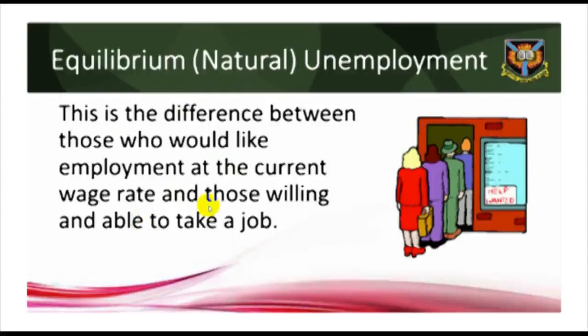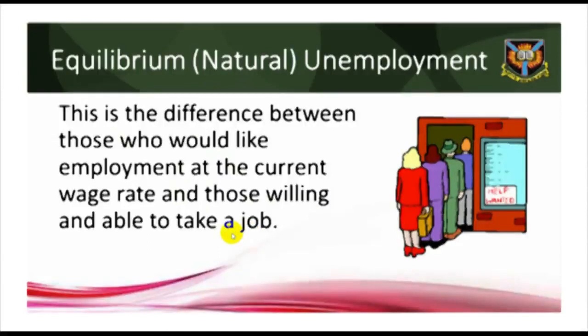The problem here is one of mismatching. There is excess demand for labor in some markets and excess supply in others. For example, there may be vacancies for computer technicians and unemployment in the steel industry, but unemployed steel workers cannot